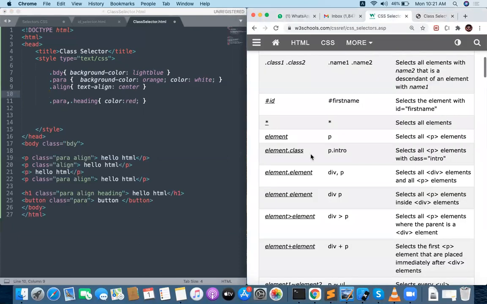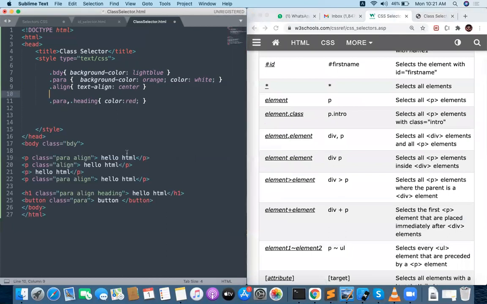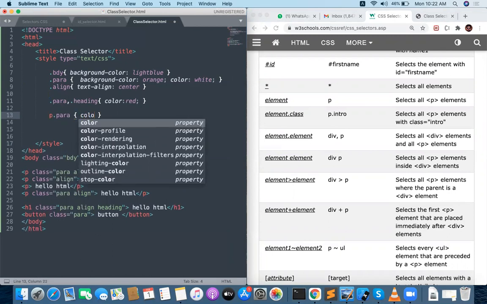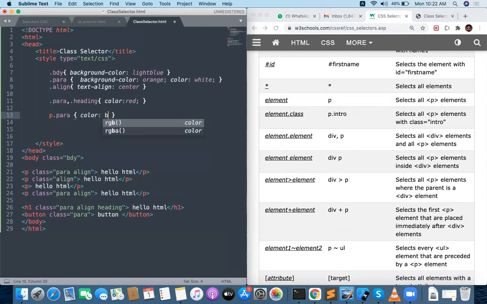And my requirement is one more thing. I want a paragraph which has the class called para. What my requirement is, I want to apply the color blue. I'm overriding with another style, p dot para, and this is a combination of selectors.